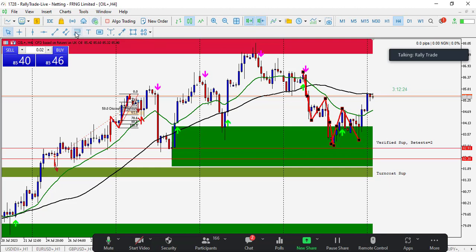But guess what? This low was supposed to go lower than this low, but it did not, right? So we are seeing a failure swing there. We call it failure swing. It has failed to go lower. Now, the next move went higher than this high, and of course, it was also going higher than this. So that means oil price has gradually shifted again. What we call market structure has gradually shifted again towards the upside.